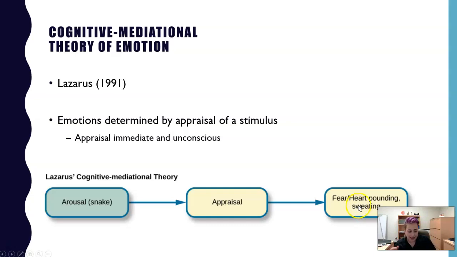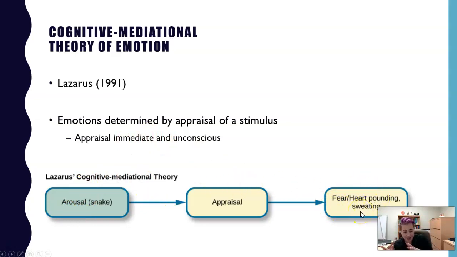And lastly, this is the cognitive mediation theory of emotion by Lazarus. It's kind of like what I thought happened with emotions before I learned any of the other theories. I thought it was just like you saw something, you had an emotion, and it made you feel some type of way. Which maybe in different situations it may feel like that. Like maybe we had an incident where we think of a horrible memory. We appraise that as, oh, that's so embarrassing, I don't want to think about it. And maybe it even makes us sick to our stomach. That may follow the Lazarus cognitive mediational theory.